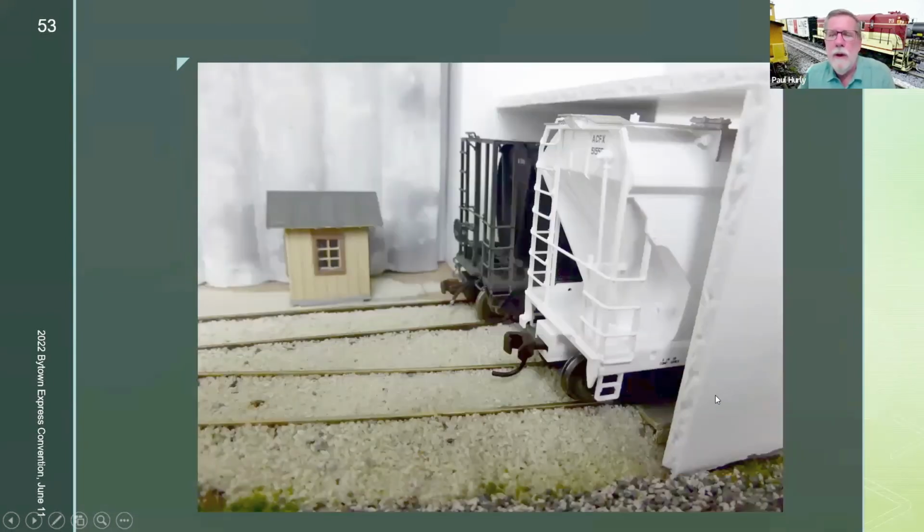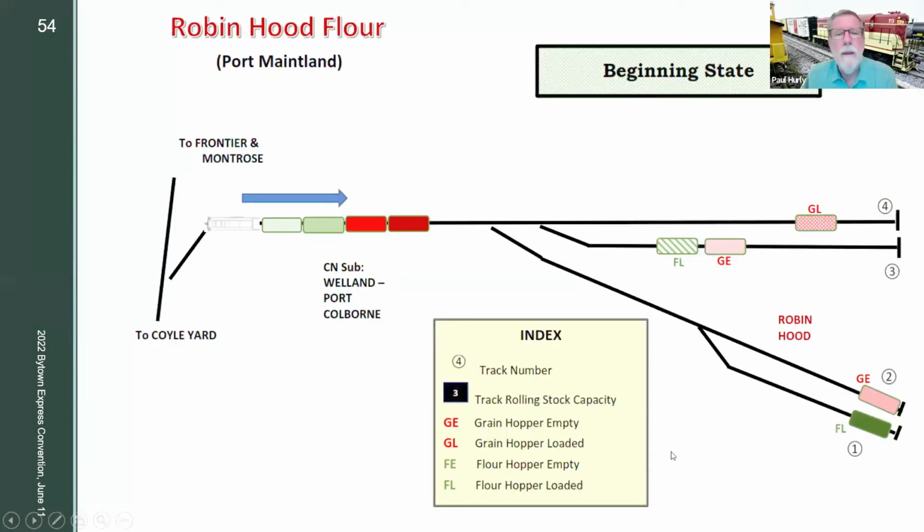And a close-up of the shed. This is obviously a mock-up in foam core, and I'd started a mock-up for the mill building, which is adjacent to the silos. And the Yardmaster's train shack is here as well. So again, this is the beginning state, as you and I might find it on the layout,